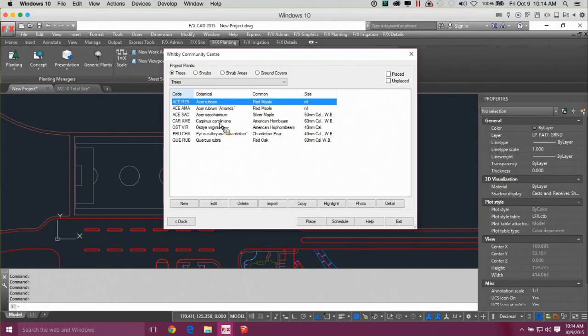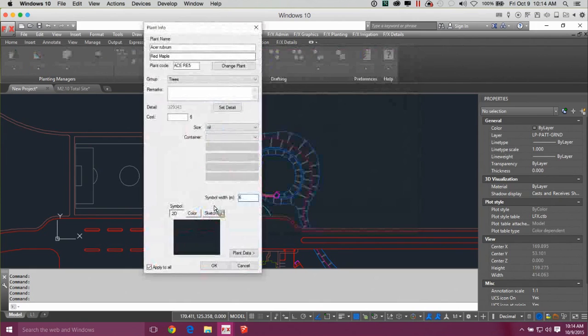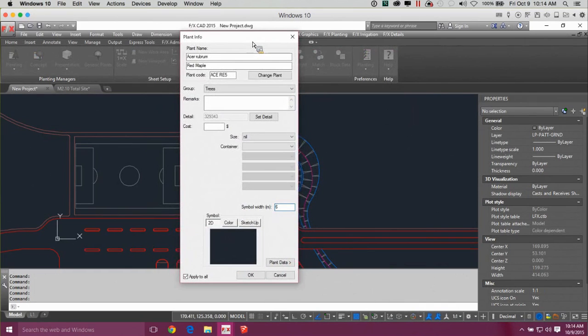So you can just go into the plant that you've added and edit it to see all of the information added to that plant, and all of this information is going to show up and be available for you to display in your schedules, which we'll move on to a little later. But what you can do is go in here and just add in any remarks that you want about the plant. Maybe you want to say that it needs to be spring dug for this red maple. You can put in a cost